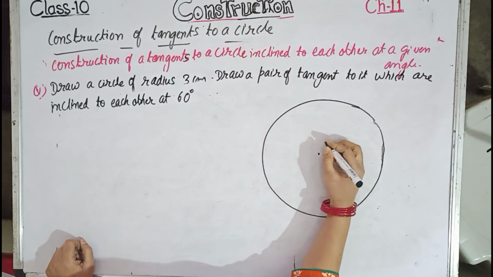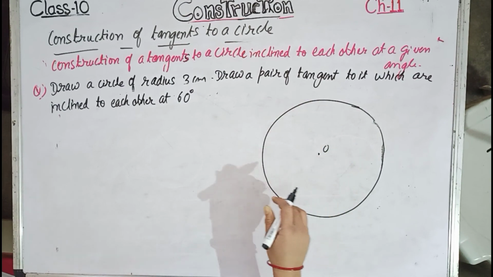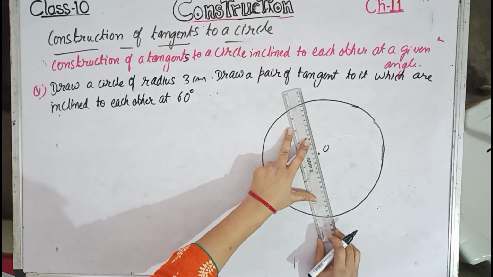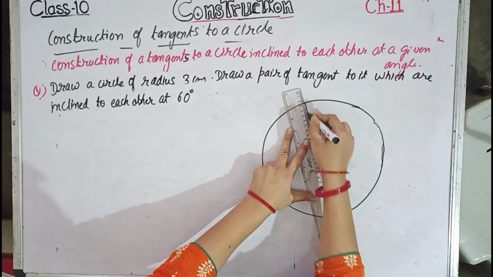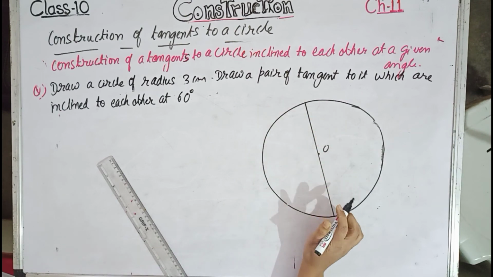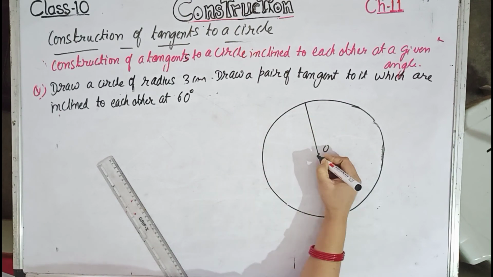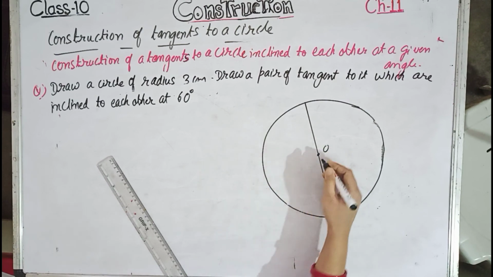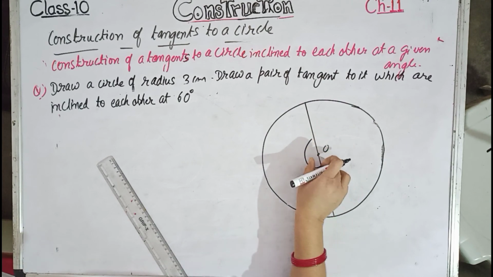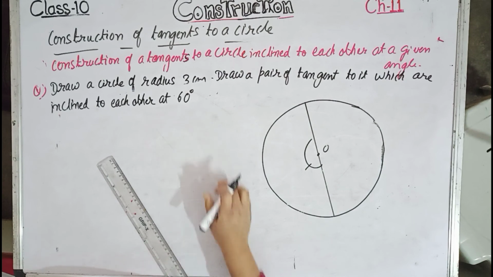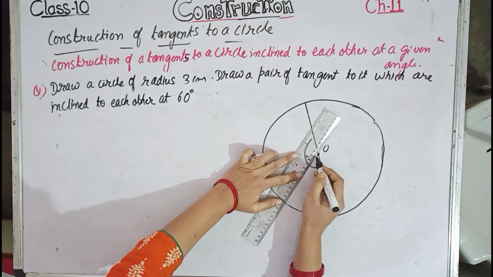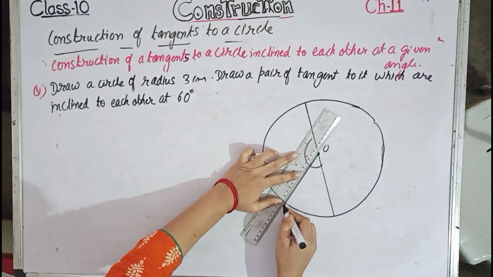So because radius we have taken 3, so this is the center. Now draw, with the help of your scale, any diameter anywhere, wherever you wish. Because infinite diameters are there, you can draw any diameter. Now over here or over here, wherever you wish, at the point O you draw 60 degree. So what you will do, you put the tip of the compass over here, draw an arc, and from here cut 60 degree. Whatever is the angle mentioned, that much you make. So this is 60 degree.